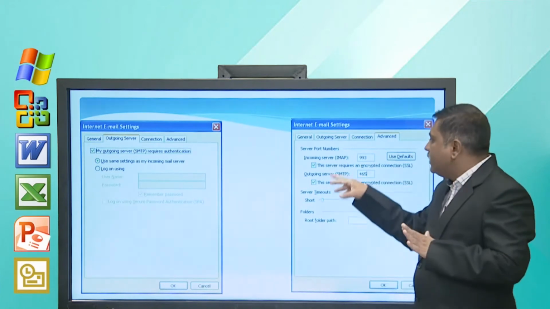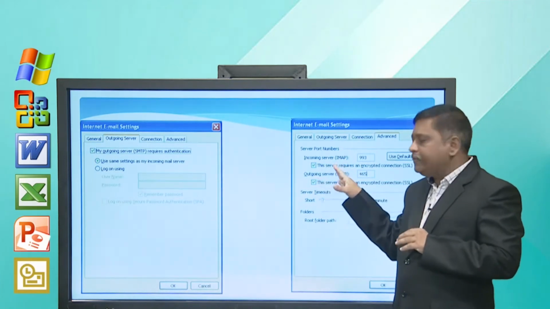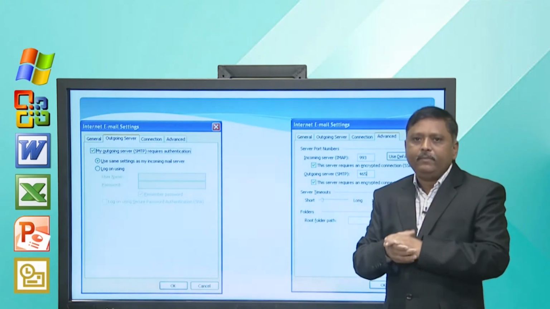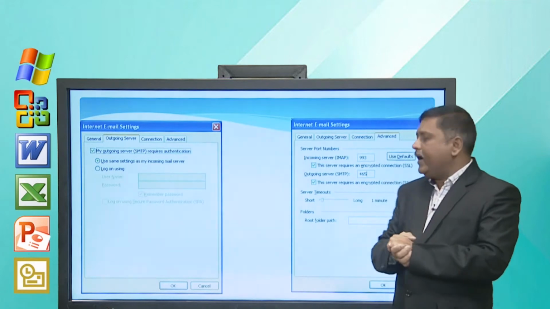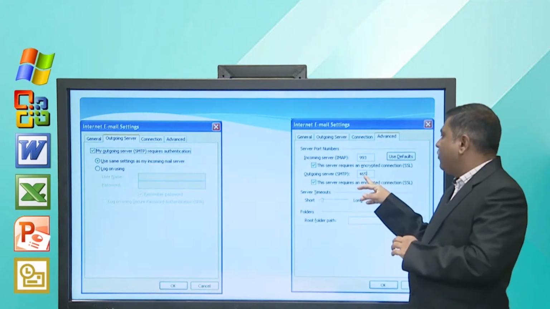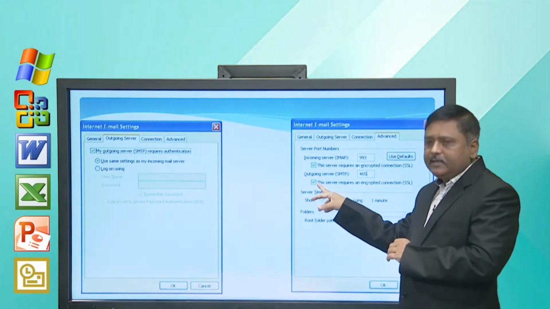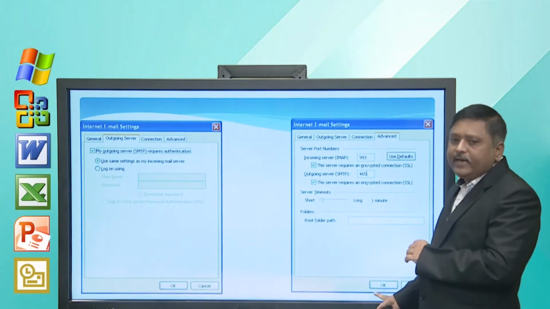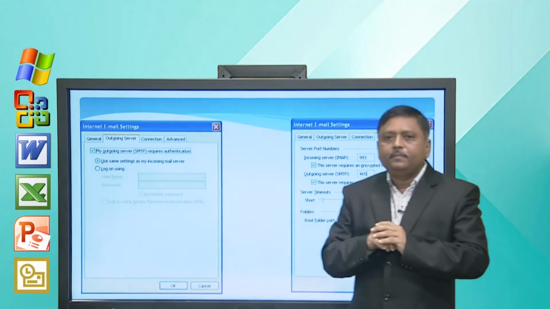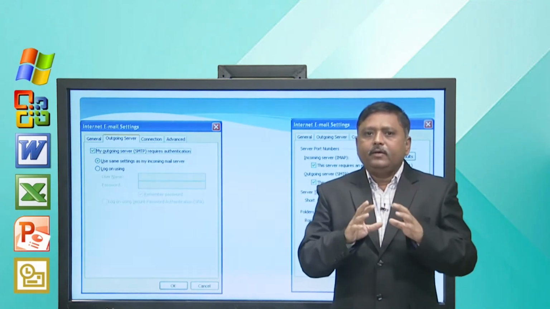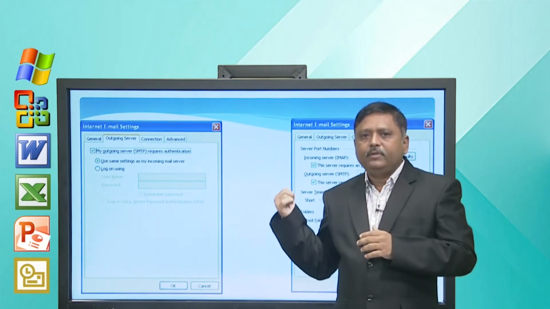And here you have to specify the port number for the outgoing server, which is our SMTP, simple mail transfer protocol, and here the port number is 465. Again you have to check this and then press OK. So, we need to make changes in the email settings from this dialog box.